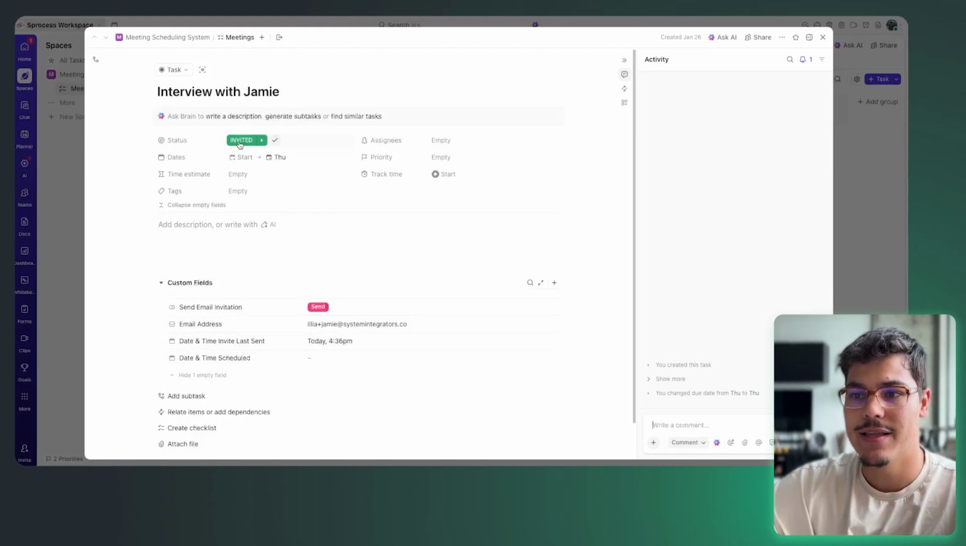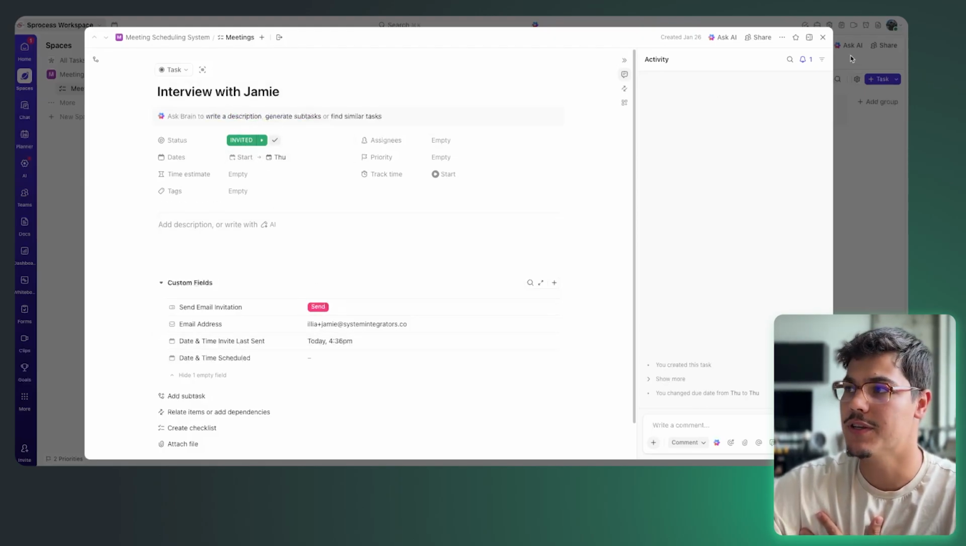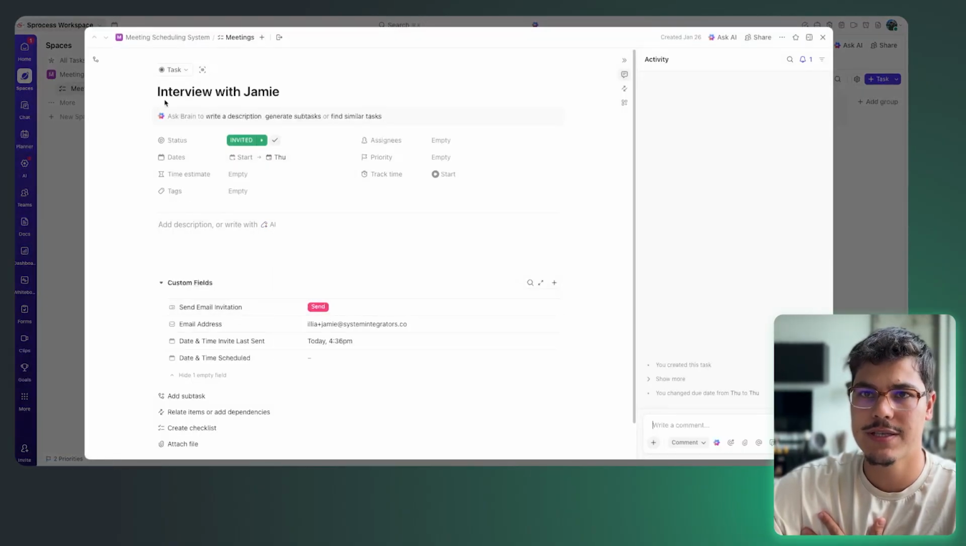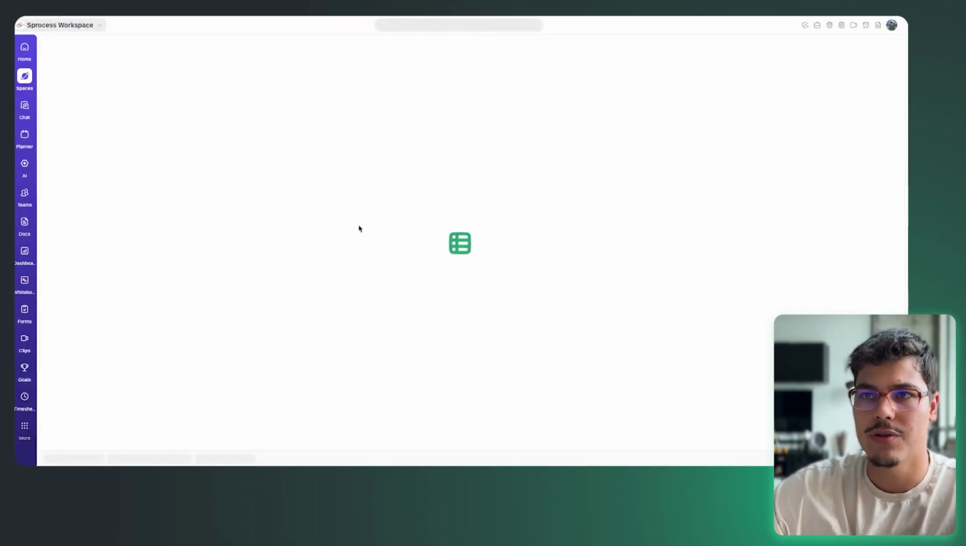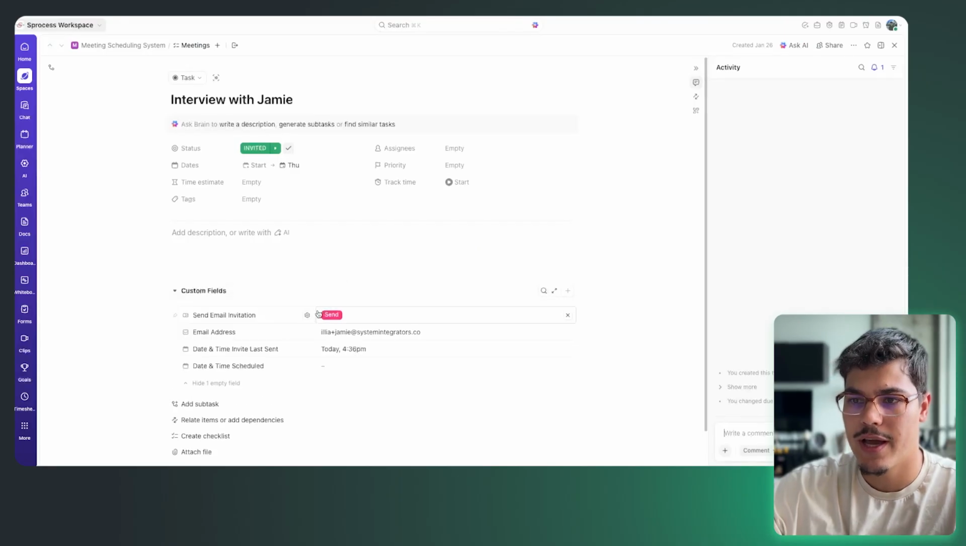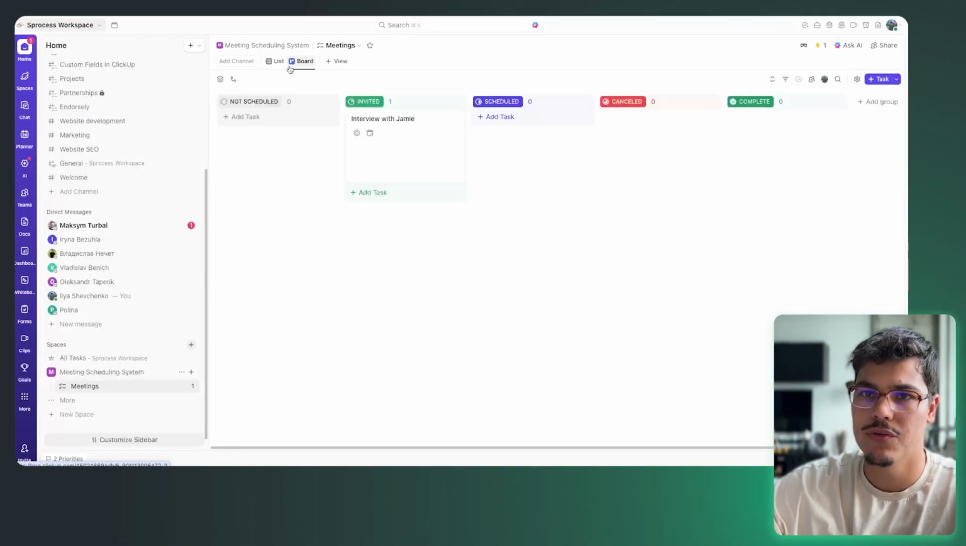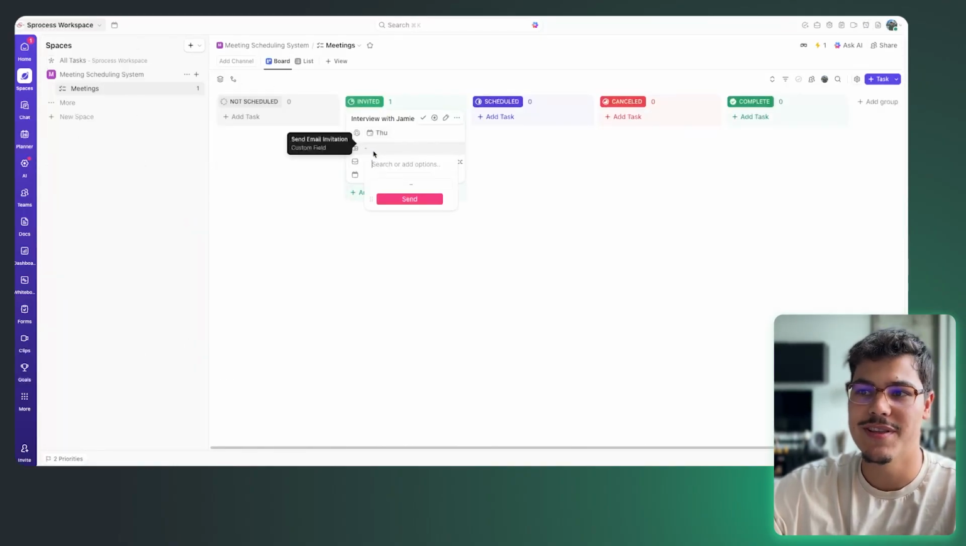And again, it says that this interview specific is in the invited stage. Now over here, you can see it says sent, but if I reload the page, it should actually disappear. Sometimes ClickUp does that. Again, it's the cache issues. So if you want to remove that, you can even remove it from here. Or if I were to close this task, go to the board view,